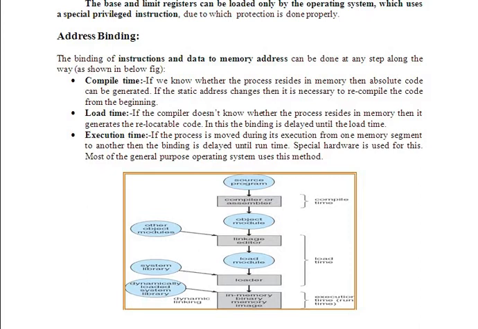When you board your train, you will know that my seat number is this, bogie number is this and this. So this is what we call compile time address binding, wherein you know exactly where your instruction is and how to pick it up. Okay. Now load time. What is load time?